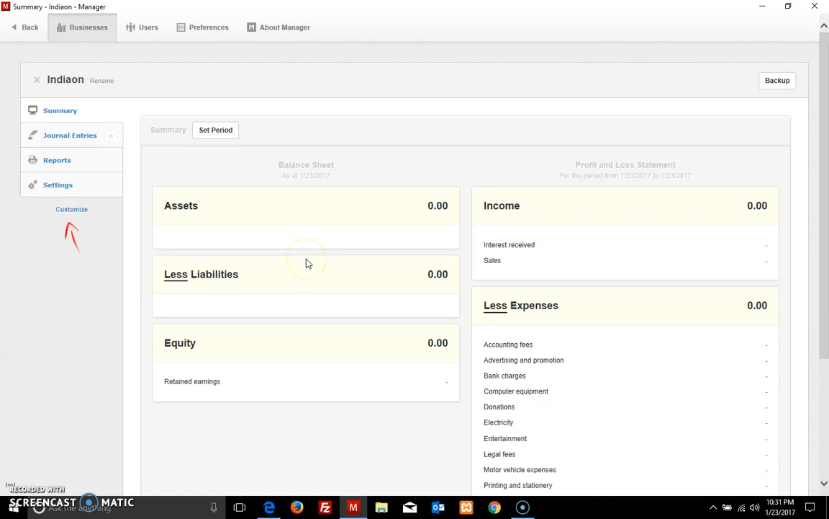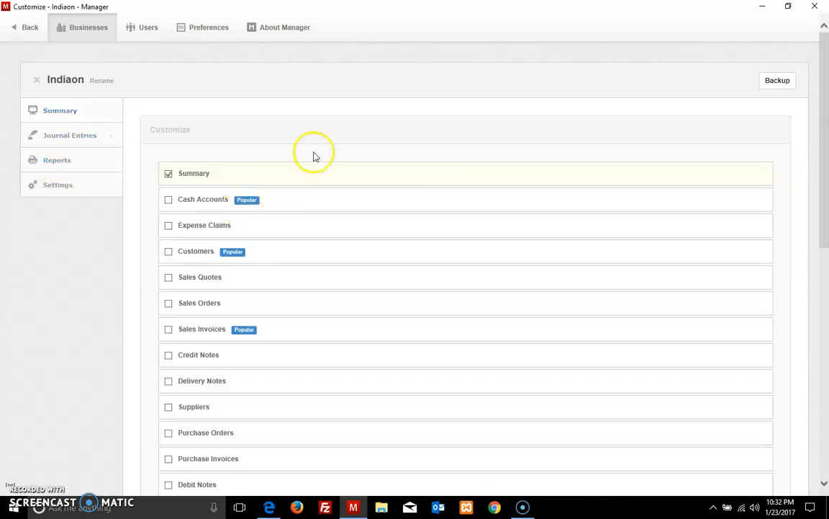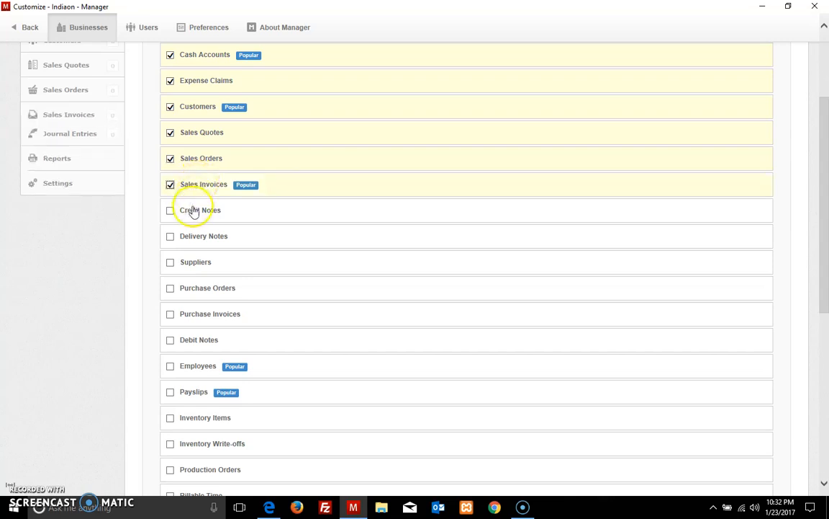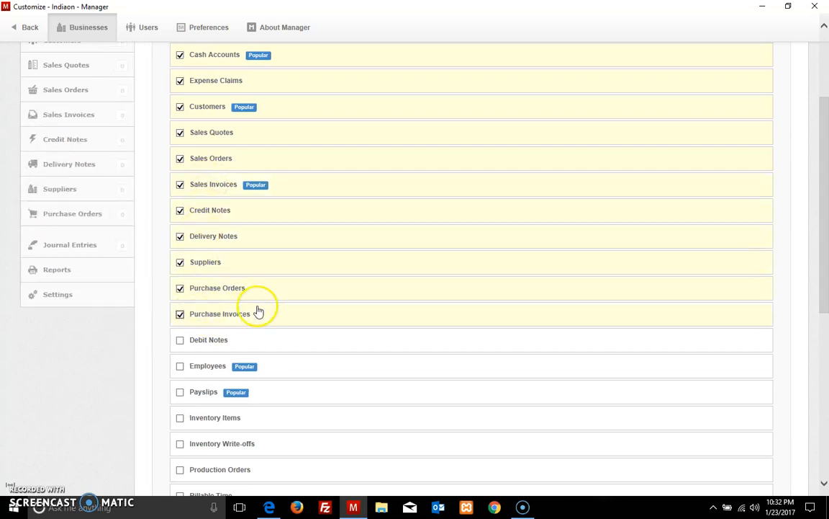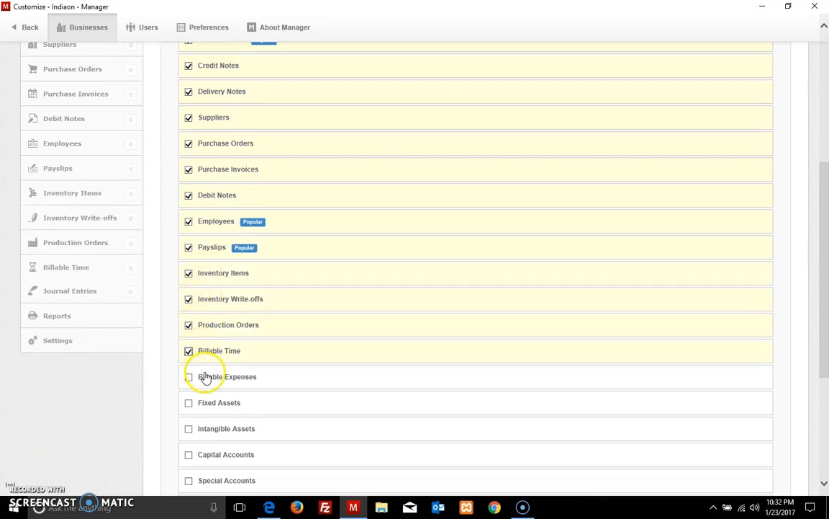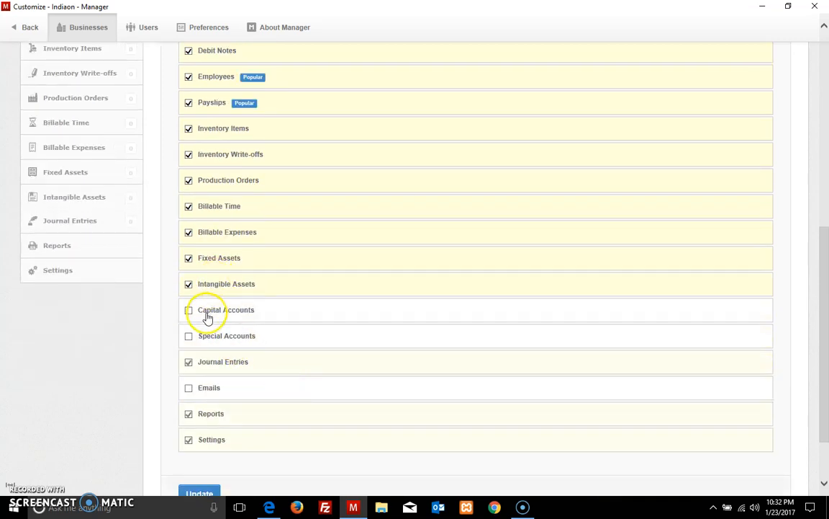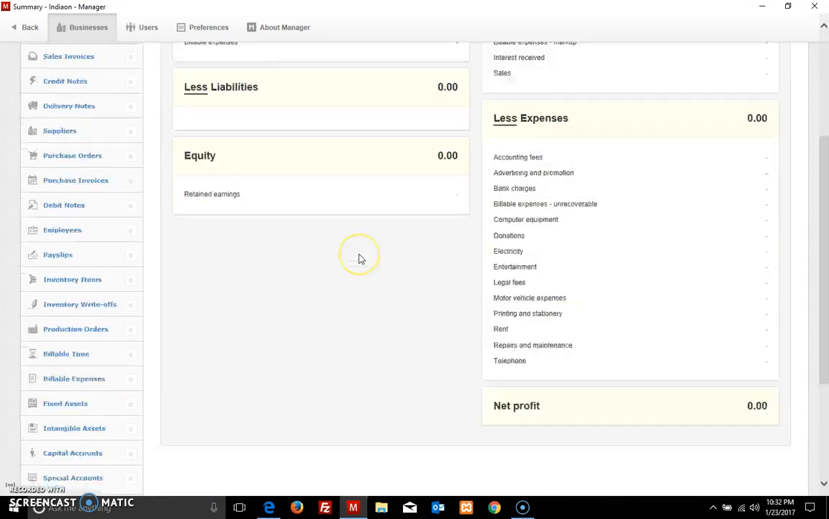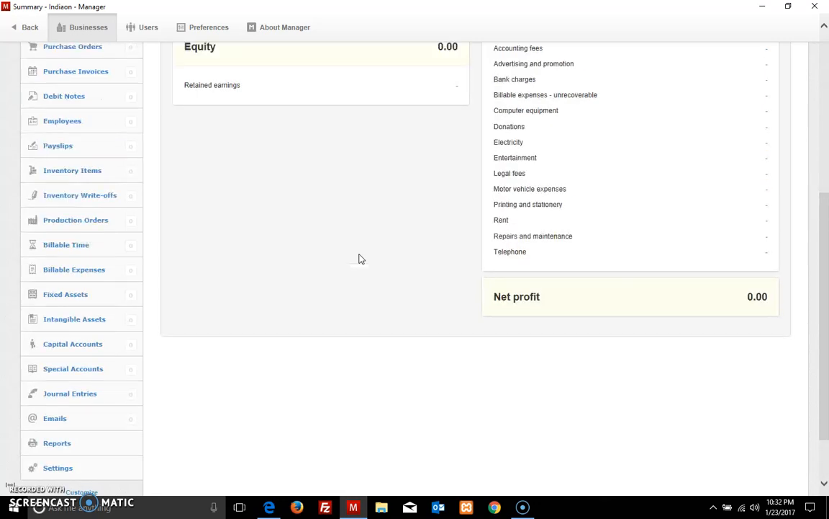Once we add the business, we get a window like this. Here first you need to customize this window. You need to add all those things that you require. These are all the subcategories you have. In this you can add all those things. Once you update this window, now the first thing you need to do is set up